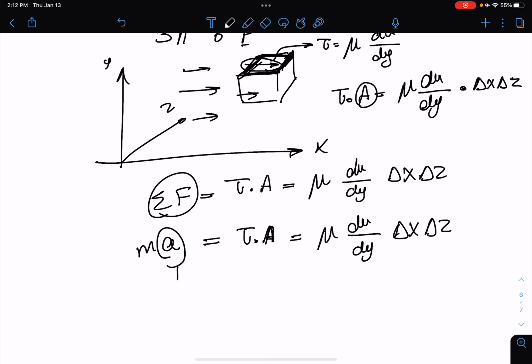Just keep in mind A is the derivative of velocity with respect to, in this case, y. This is derivative of